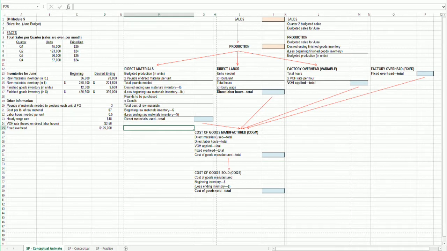Once I know cost of goods manufactured, I can plug that into a very basic inventory formula. Now, if this wasn't a manufacturer, you'd see the formula a little bit differently. It would be beginning inventory plus purchases minus ending inventory is your cost of goods sold. Well, in this case, we're swapping out purchases for cost of goods manufactured. So the red arrows give you a sense of how the information is going to flow. What we have to do now is actually plug in the relevant data. So let's take a look at that.